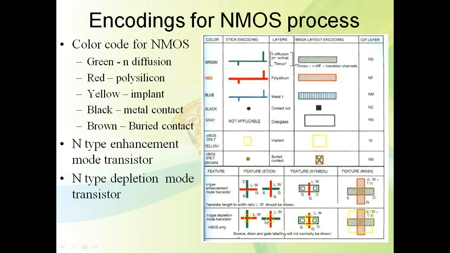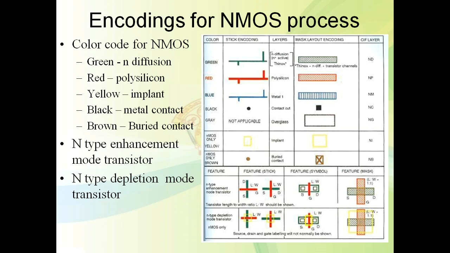Also you will get horizontally a diffusion layer and vertically polysilicon, and along with that a yellow square. The yellow square is nothing but the implant. So we have to form the channel. The channel is shown by the yellow line. In monochromatic representation, you can show it by a dotted line.